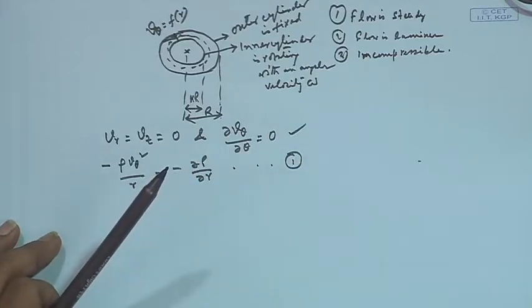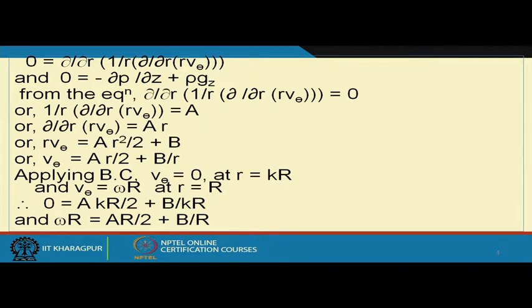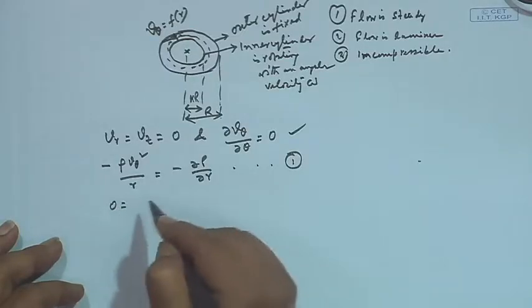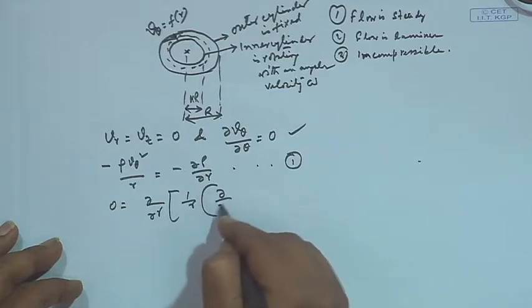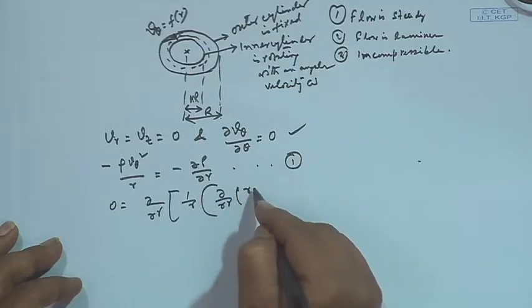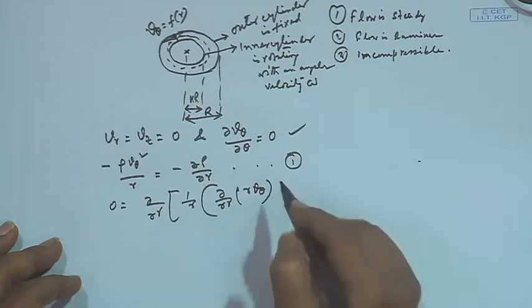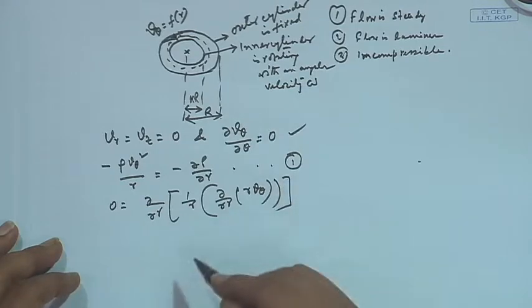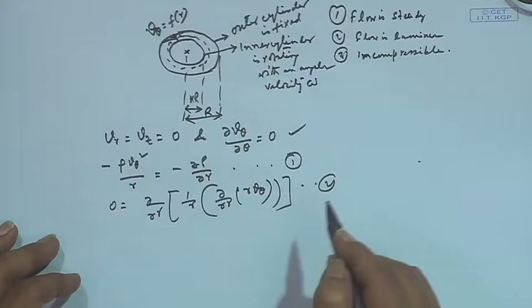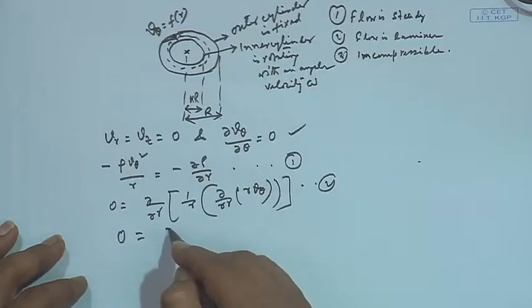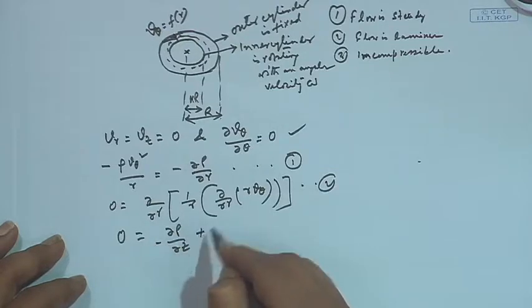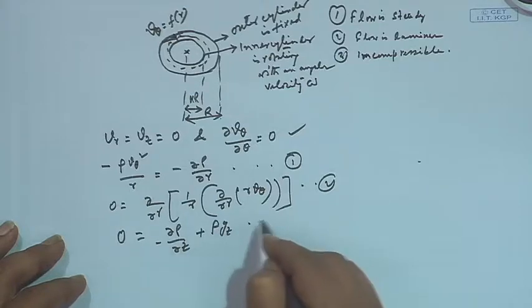Then similarly we can write on the other, that is 0 is equal to del R of 1 by R del R of R V theta, right. So, this we have done earlier also. Second, and the third one is 0 is equal to minus del P del Z plus rho Gz,